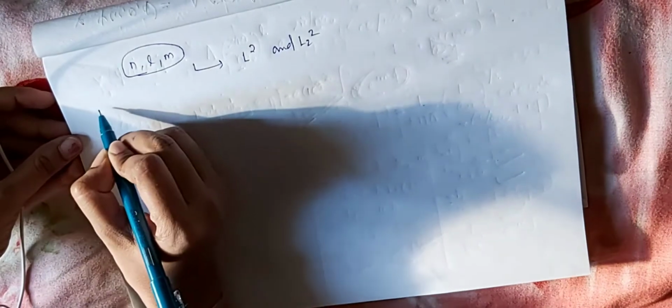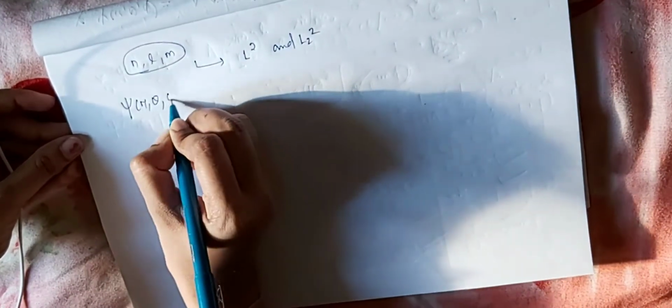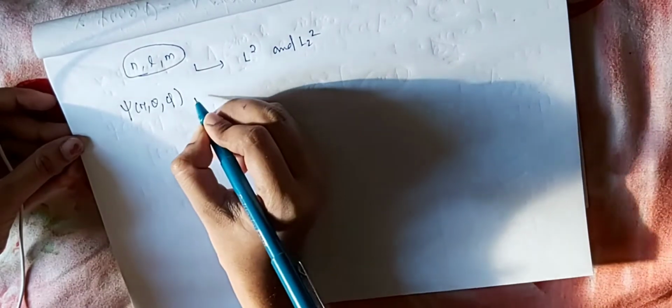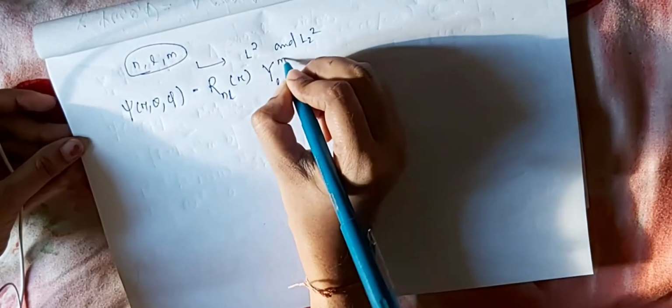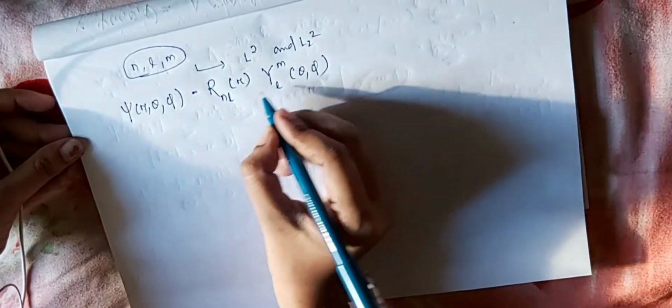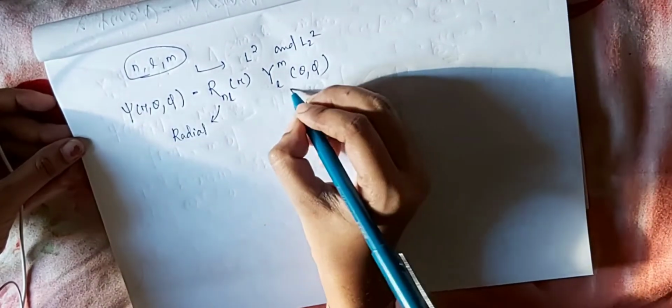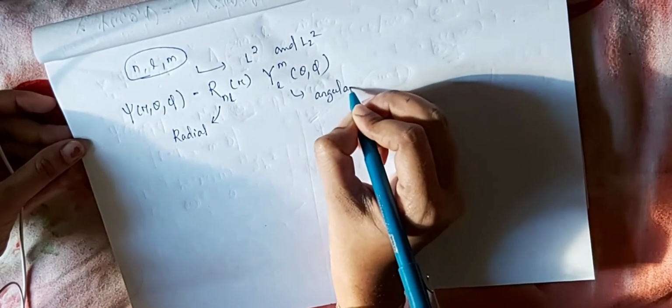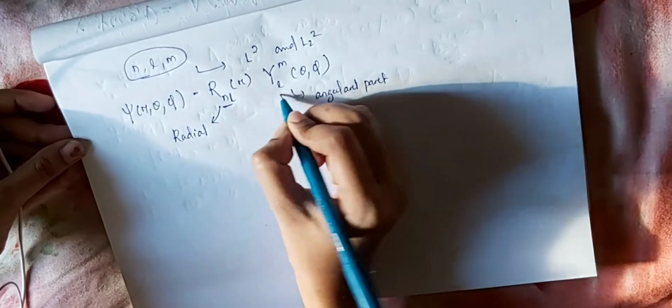For those types of questions, we know that the wave function in 3 dimensions, if you consider psi of r, theta, phi as in the case of the hydrogen atom, will have a radial part, from which we can determine n and l, and an angular part. So this is my radial part and this is my angular part, right? From the radial part and the angular part, I can find out n, l and l, m respectively.